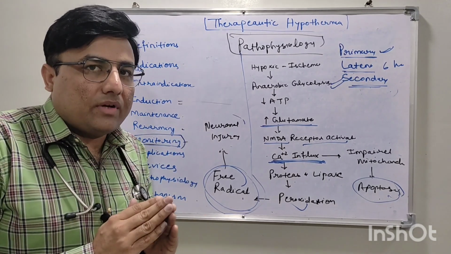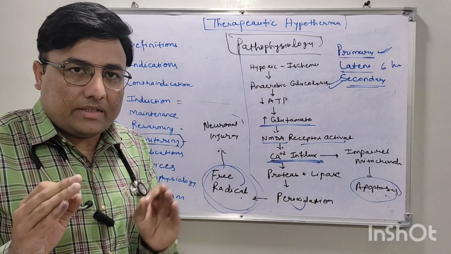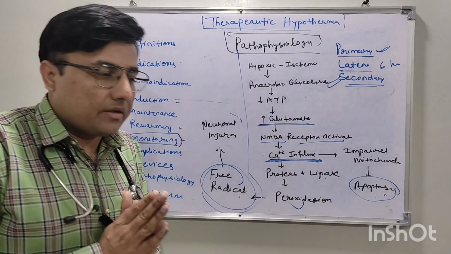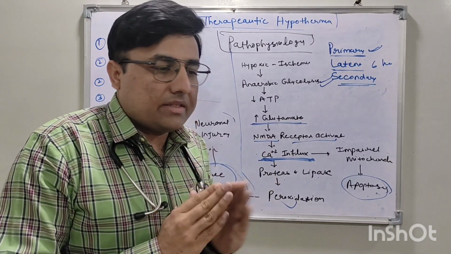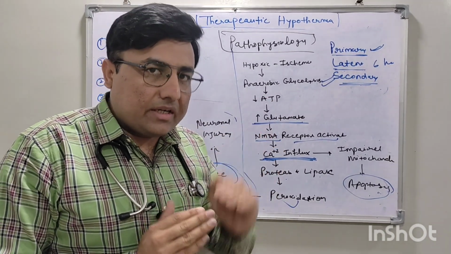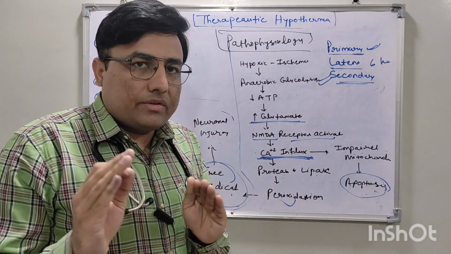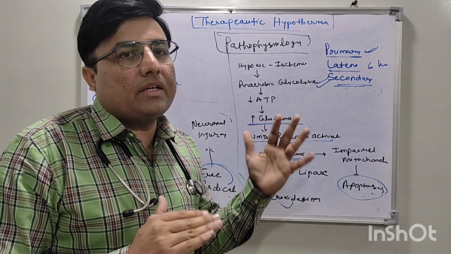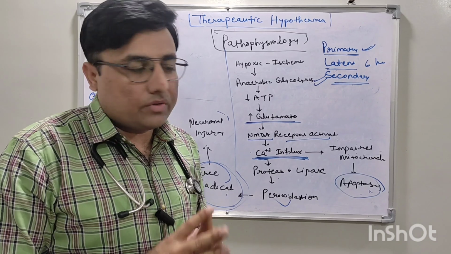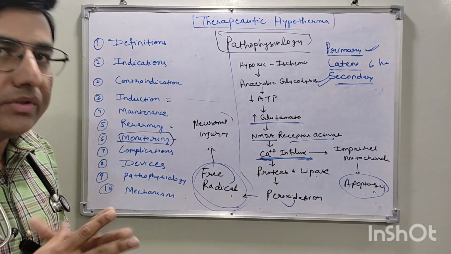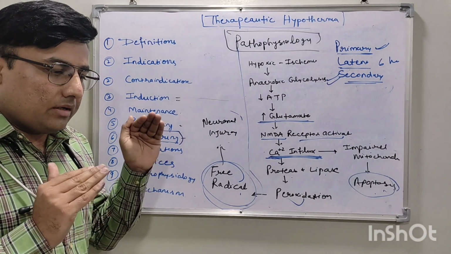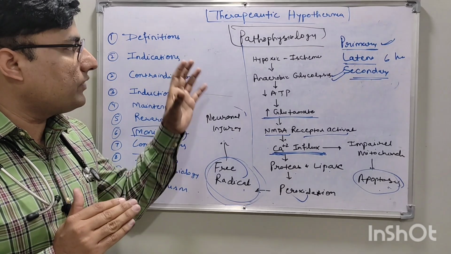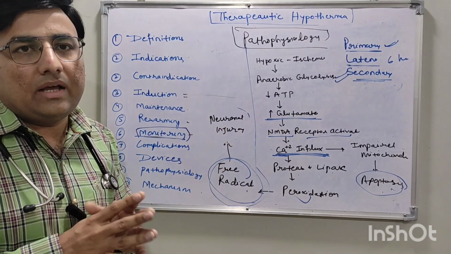But recently one trial was done in lower middle income countries, including India. The HELIX trial says that in lower middle income countries, it does not reduce the risk of mortality; in fact, it increases the risk of mortality. So that's why some confusion is there, but it is still the standard of care for perinatal asphyxia.